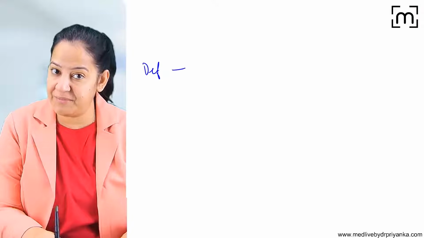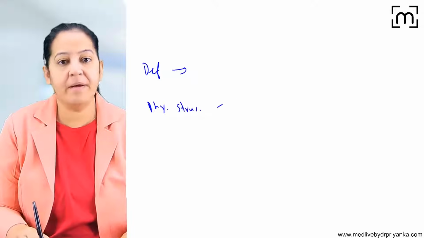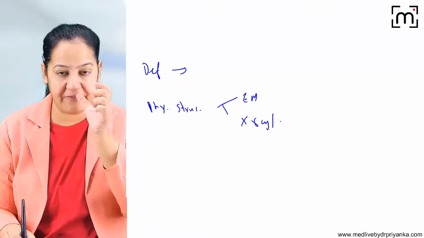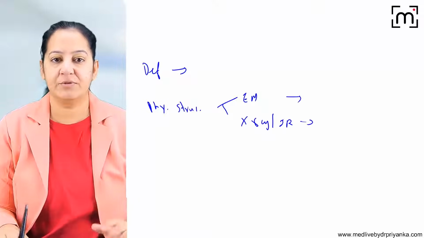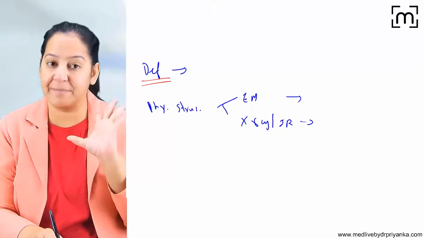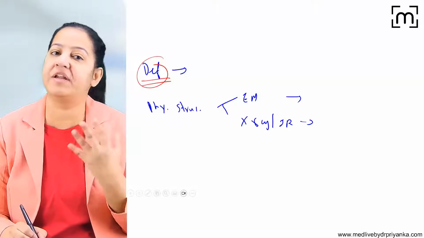We know the definition of amyloidosis and we know its physical structure of amyloid on electron microscopy as well as X-ray crystallography and infrared spectrometry. We know that. So till now we have studied that. Do you know the definition? Yes, I guess you know the definition. It's the abnormal disease in which abnormal protein amyloid gets deposited extracellularly in multiple organs.